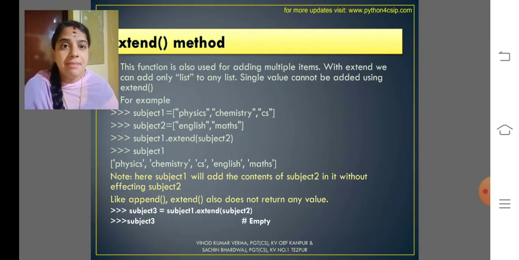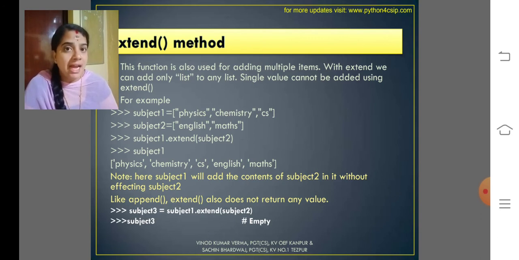Then what is the extend method used for? If we want to extend the list with another list, that is subject1.extend(subject2). Subject 1 has physics, chemistry, CS and subject 2 has English and maths.